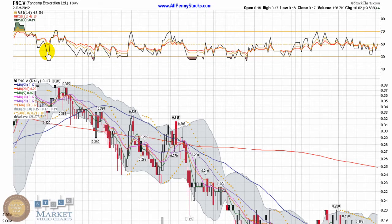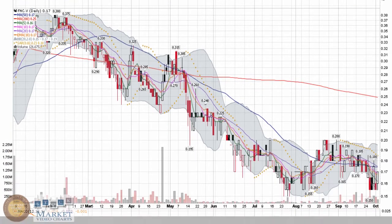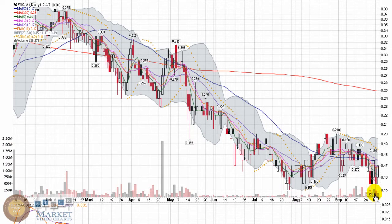Fancamp trades on the Toronto Venture Exchange, ticker FNC. It's one of our Canadian technical stocks to watch this week. So you had a nice day yesterday, closed up almost 10%. Volume dropped just a little bit compared to the previous days, but it's still trading slightly above average for the